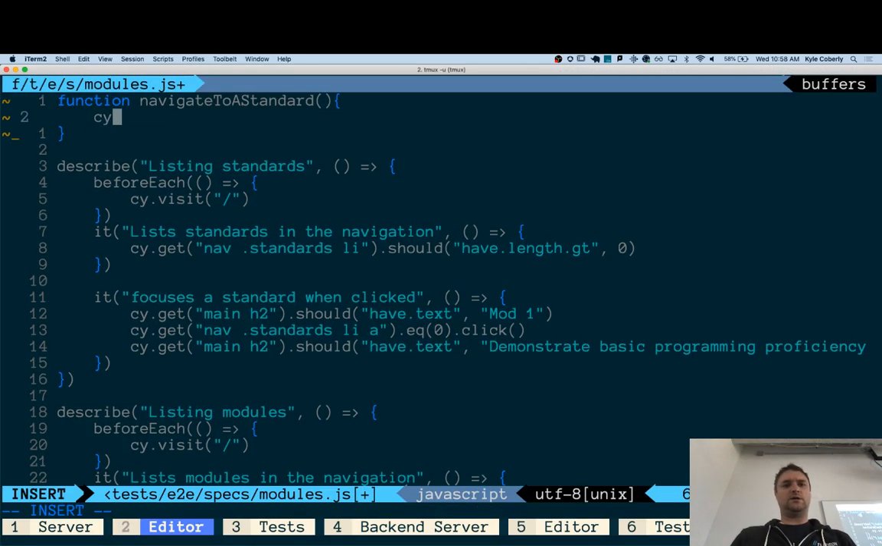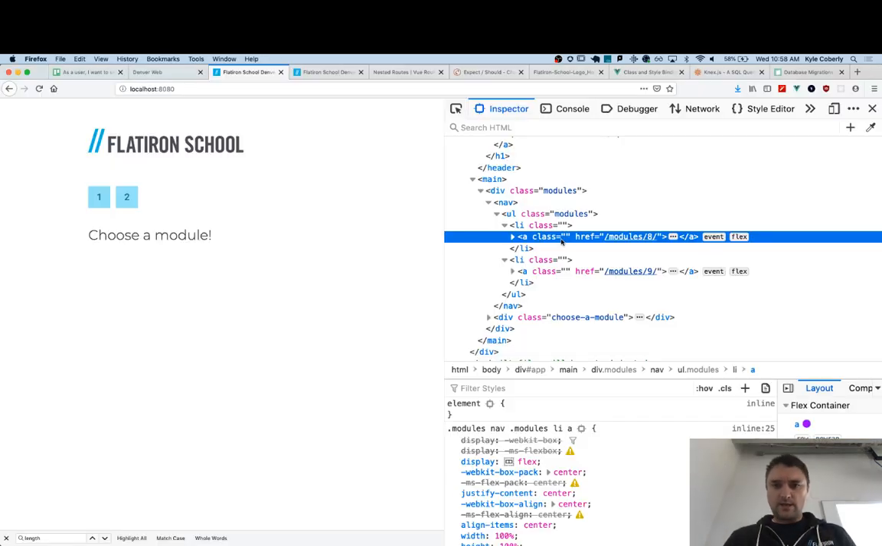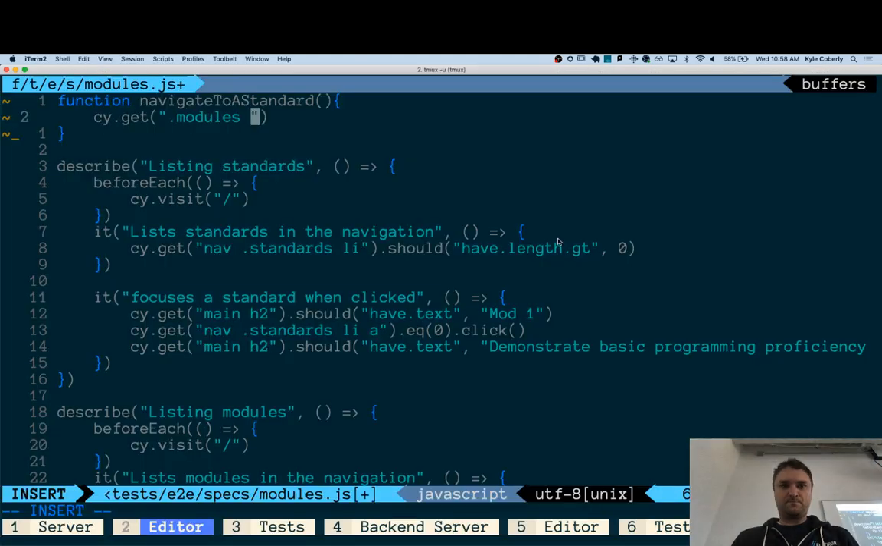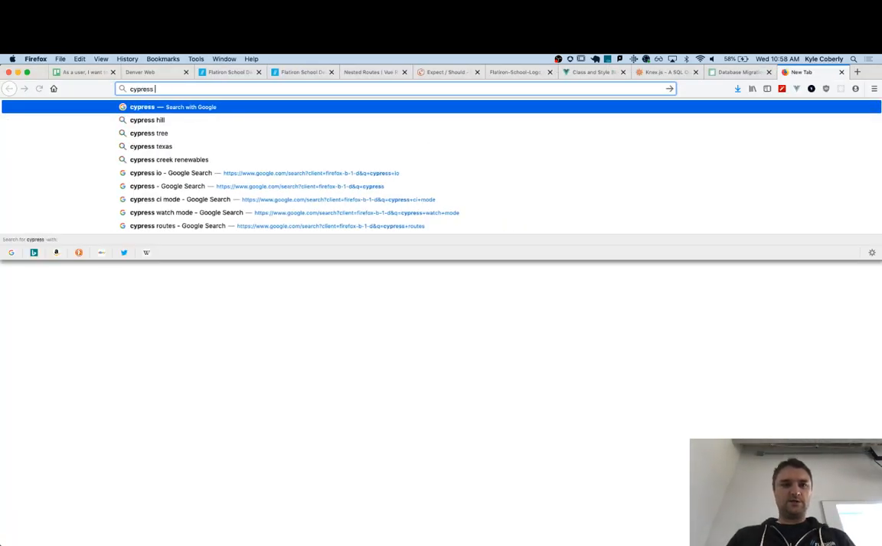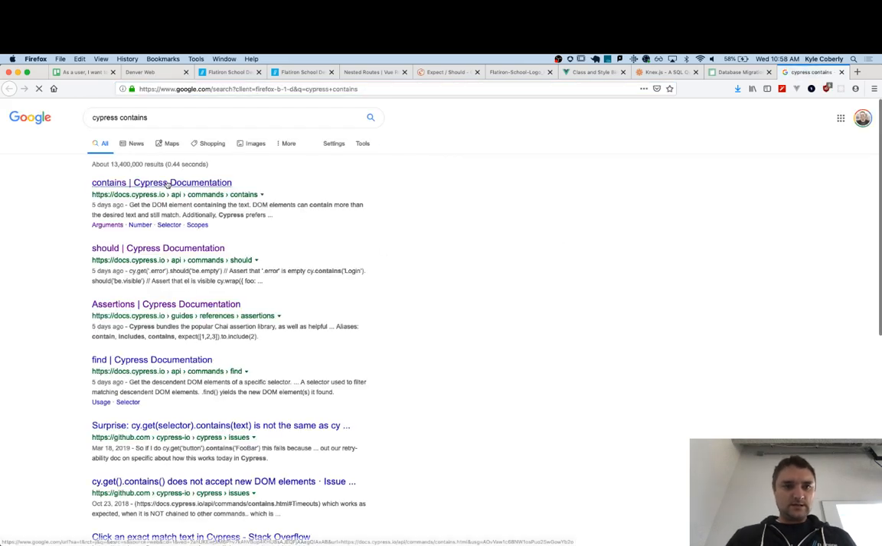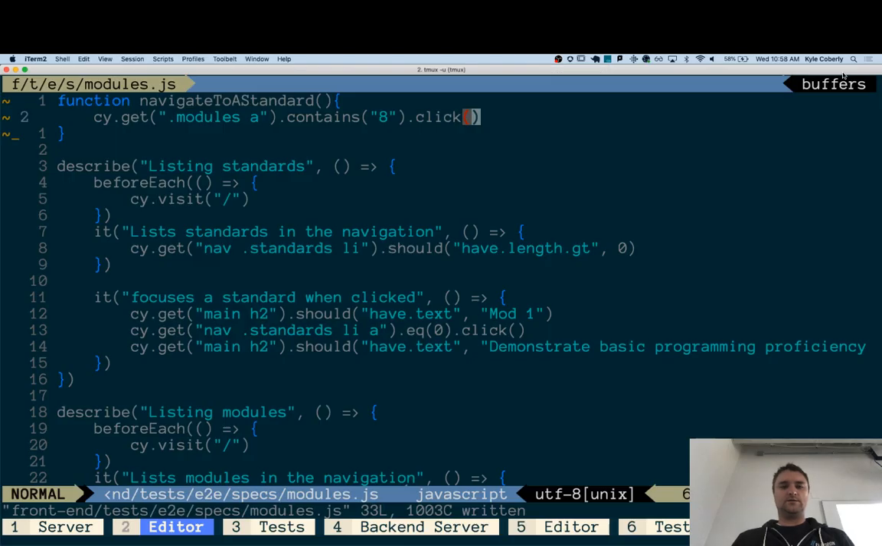maybe we say something like cy.get modules, and then the A contains 8, and then click on it. Contains is the word, right? Cypress contains. Yep, get the DOM element containing the text. So we'll say I want mod 1, I want to click on it,